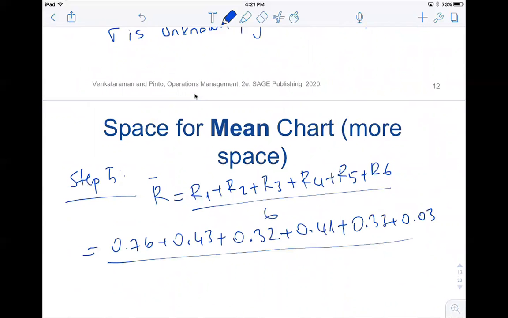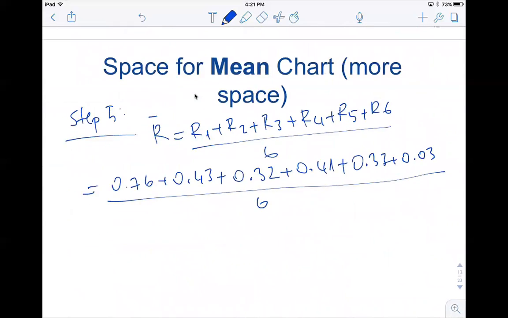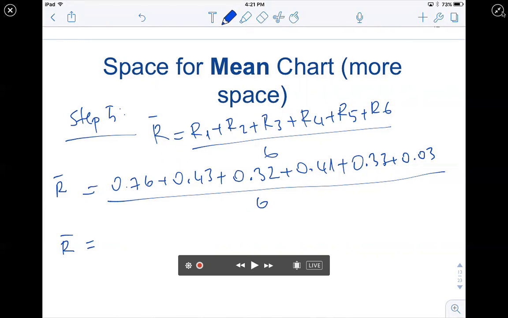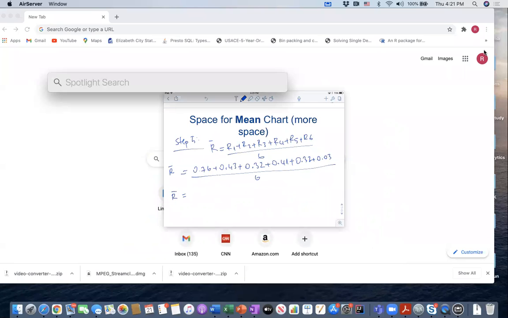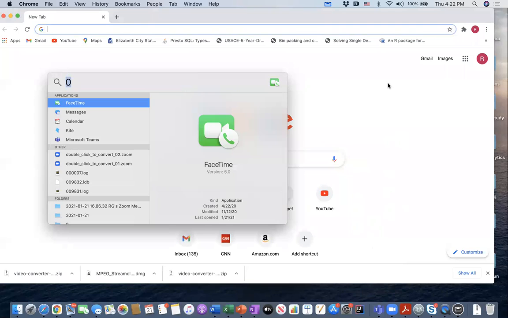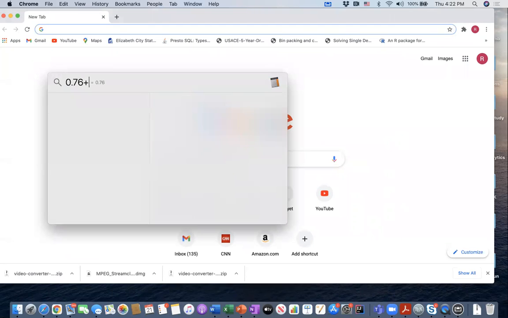All right, and then divided by 6, because we are looking for R bar. All right, let's do the math. It should be 0.76 plus 0.43 plus